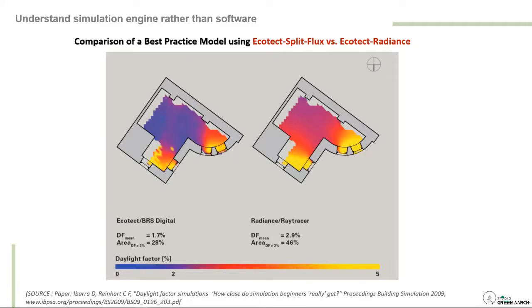So how can you validate it? Which one is accurate? Unless you know how a simulation engine works, you can't just depend on clicking a button and saying that yes, this is the result. So my thinking is that whenever you're trying to understand any software, you should always understand how the simulation engine works, right? So this is the first misconception in our industry, that only the graphical interface simulates the building. No, you should always understand it is the simulation engine.